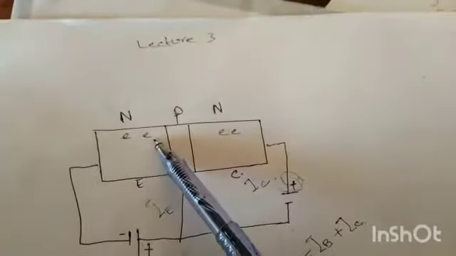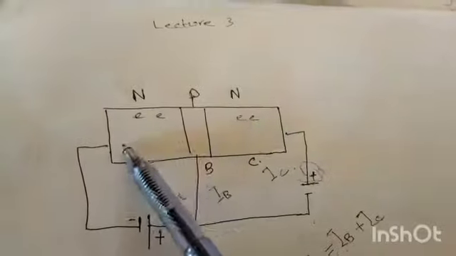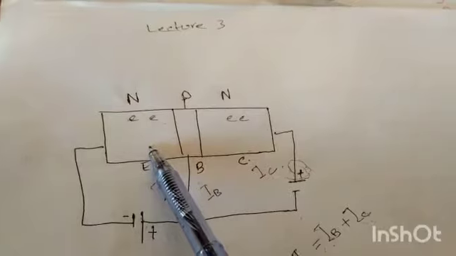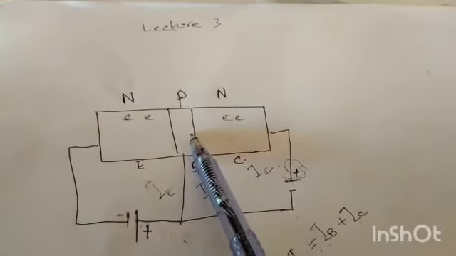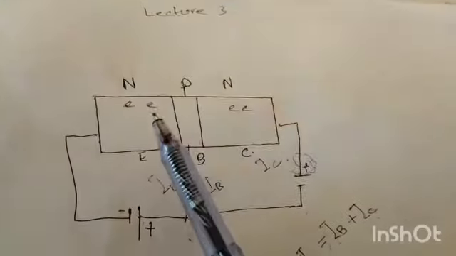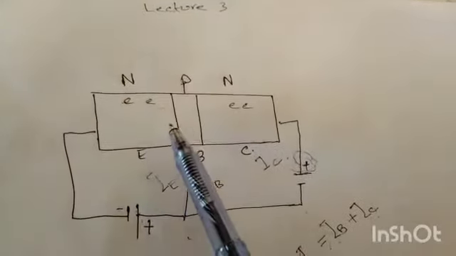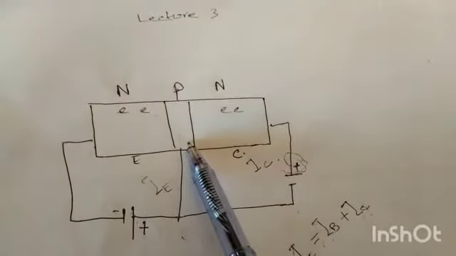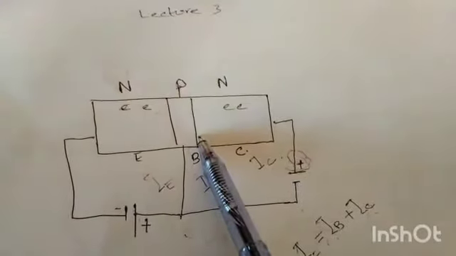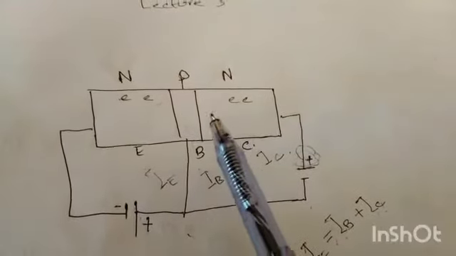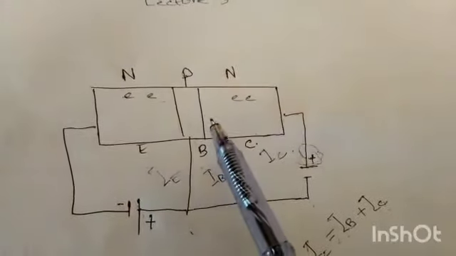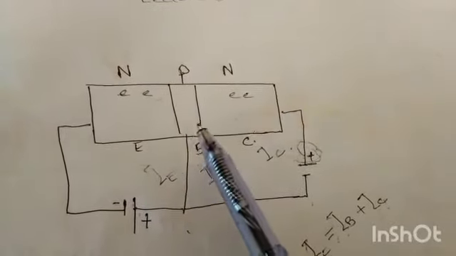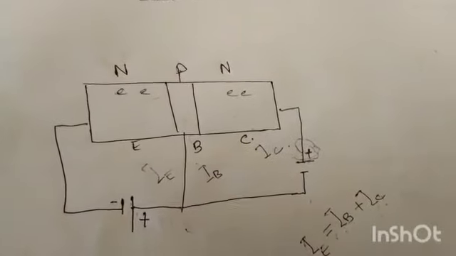Now you know that inside doped semiconducting material there are majority as well as minority charge carriers. In N-type, electrons are majority charge carriers and in P-type, holes are majority charge carriers. There are certain transistors in which both electrons and holes take part in current. These transistors are called bipolar junction transistors, and in this chapter we only discuss the bipolar junction transistor, meaning the transistor in which both electrons and holes, majority as well as minority charge carriers, take part in current.